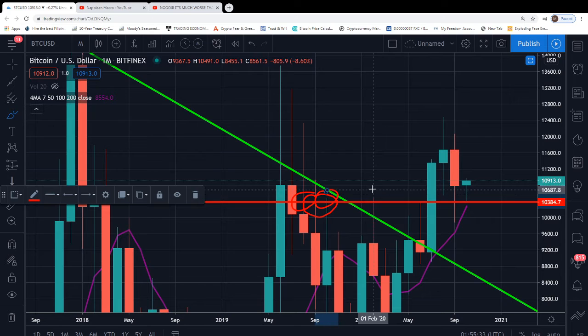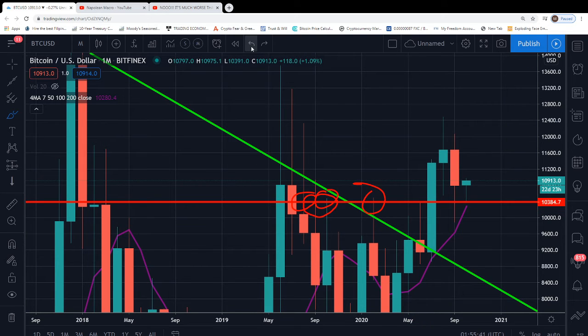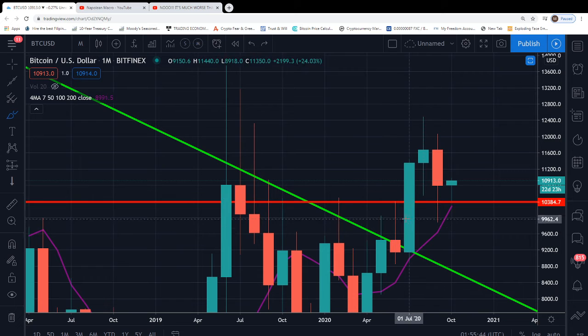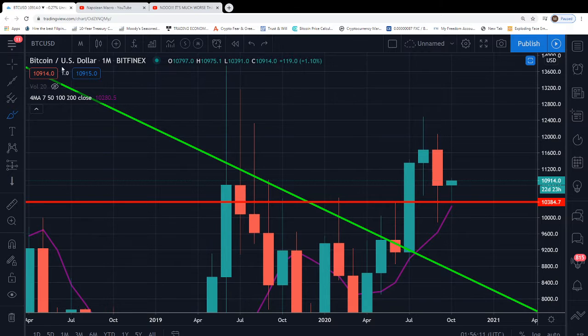And then, of course, in February 2020, you see how much price activity we had on this resistance, sellers just pushing that price down. It was immense pressure up until, of course, July 2020. Not only did BTC get a breach above that descending line of resistance, but it also closed above 10,384. Now, this is important because as long as BTC closes monthly candle bodies above $10,384, the price is clear to make the prediction that